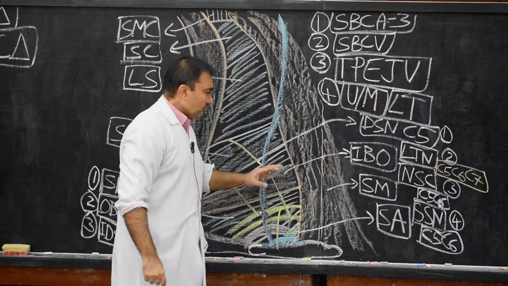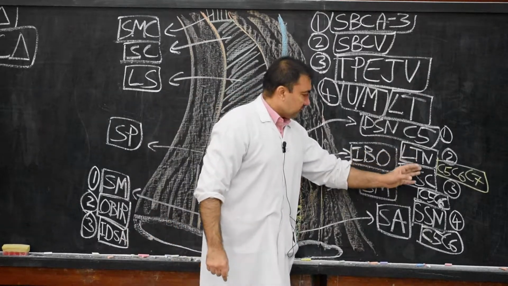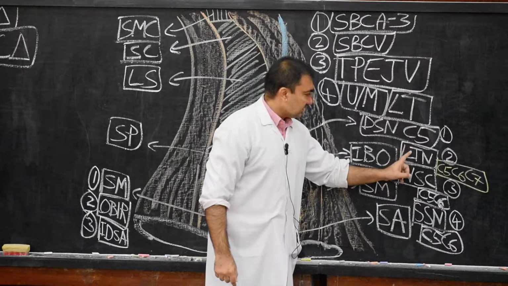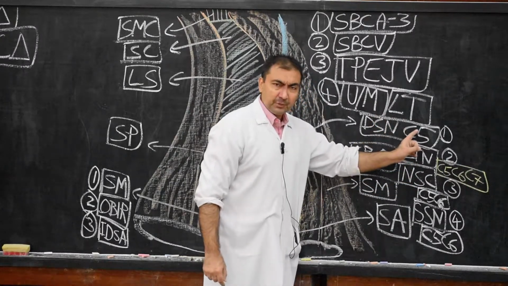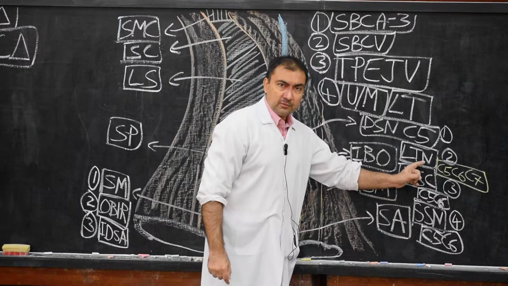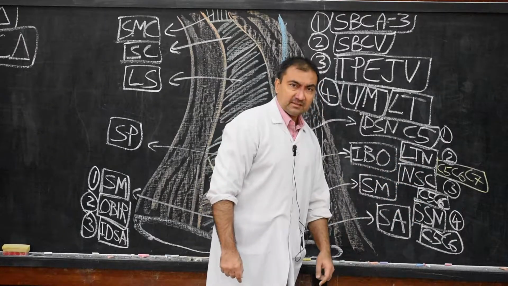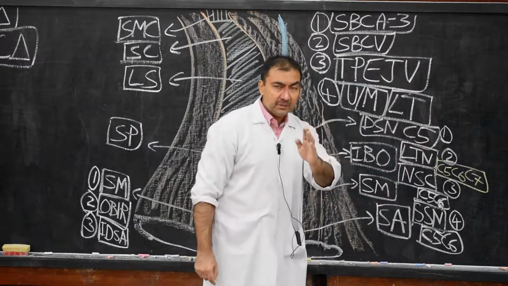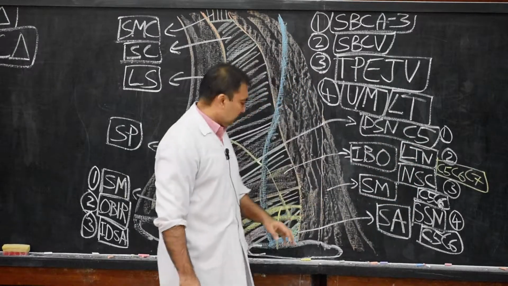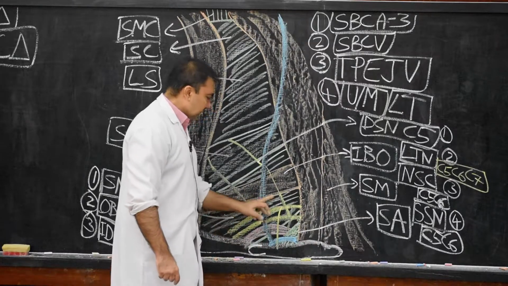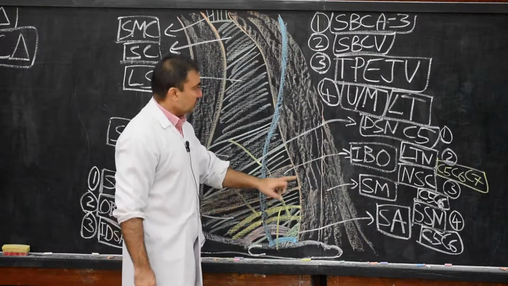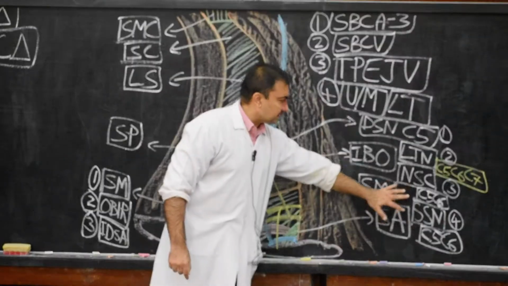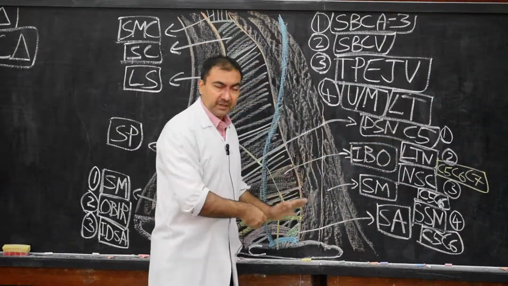So here we have finished the four nerves. These four nerves will be the dorsal scapular nerve, long thoracic nerve, nerve to subclavius, and suprascapular nerve. These are the four nerves which are visible during the dissection of the supraclavicular triangle. And so we have finished four contents. Now these four nerves are the branches of supraclavicular portion of brachial plexus.